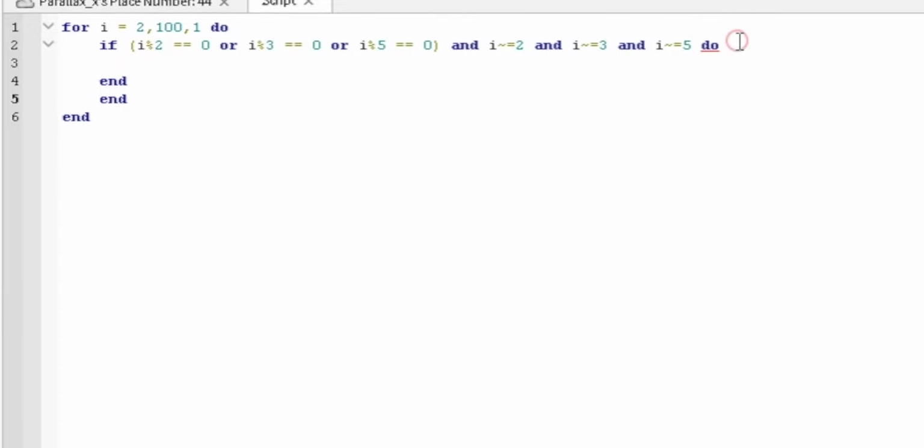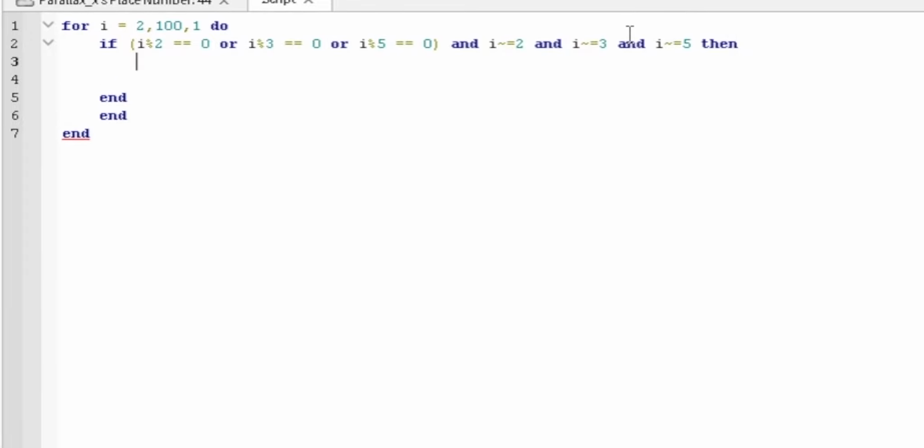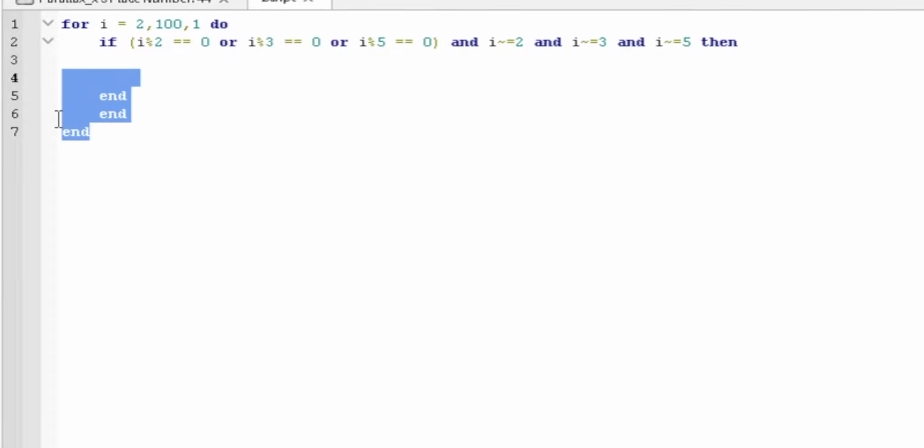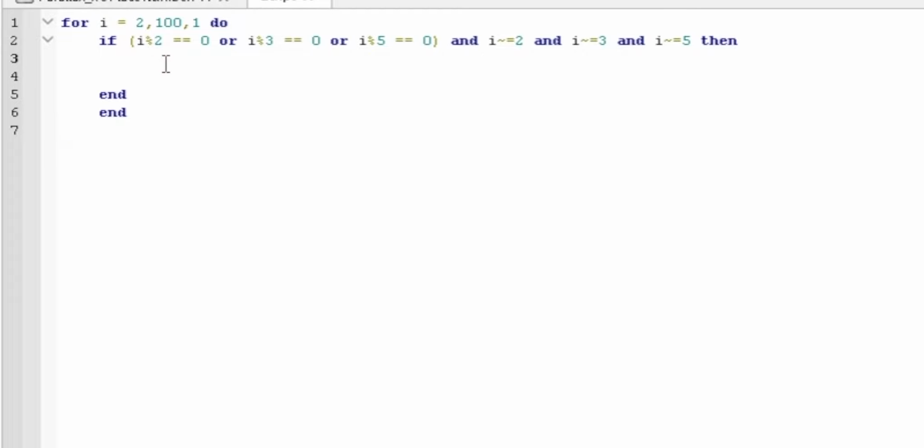And I put do instead of then. That's why you gotta make sure it's then. Why is there an extra end? I never put an extra end. Just delete you. Okay, then